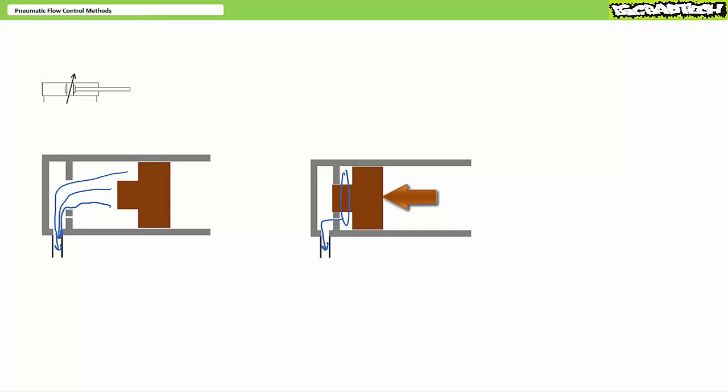If the cushion is adjustable, a technician can increase or decrease the size of this restriction so that the cushion of air is exhausted quickly or slowly, thus saving the piston face from repeated forceful impacts at the limits of extension and retraction. Lastly, I should mention that one can use a combination of methods to control both extension and